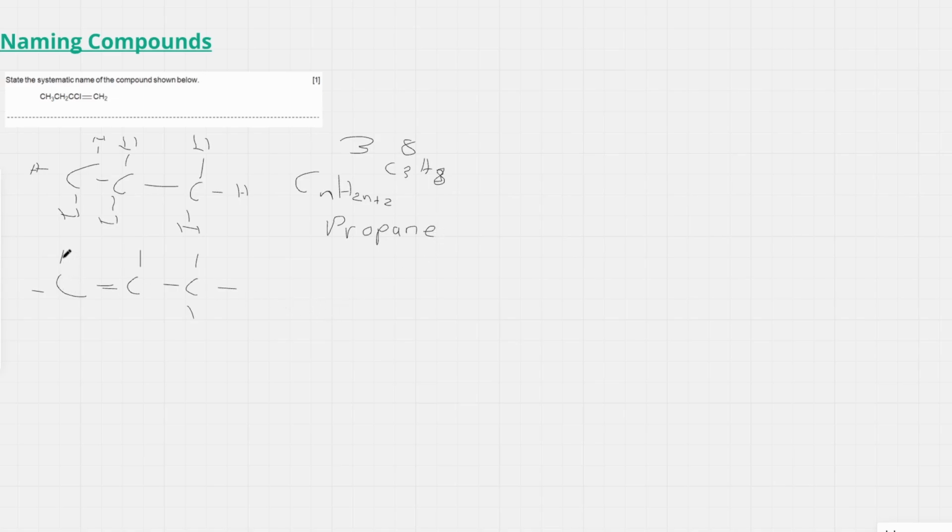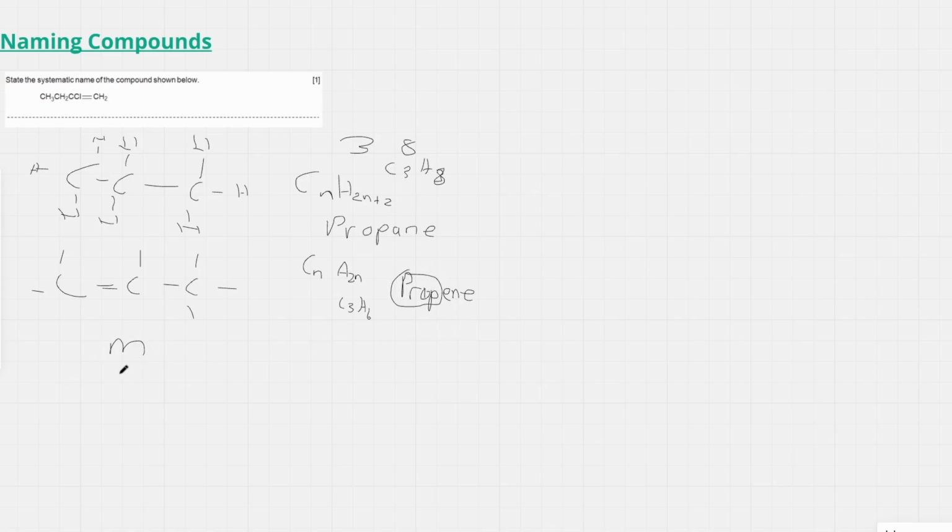And we see this has the formula of CnH2n, so it's C3H6, and it's called propene. And the way you can remember the prefix at the start of the word, this prop bit, is through, I like to say,